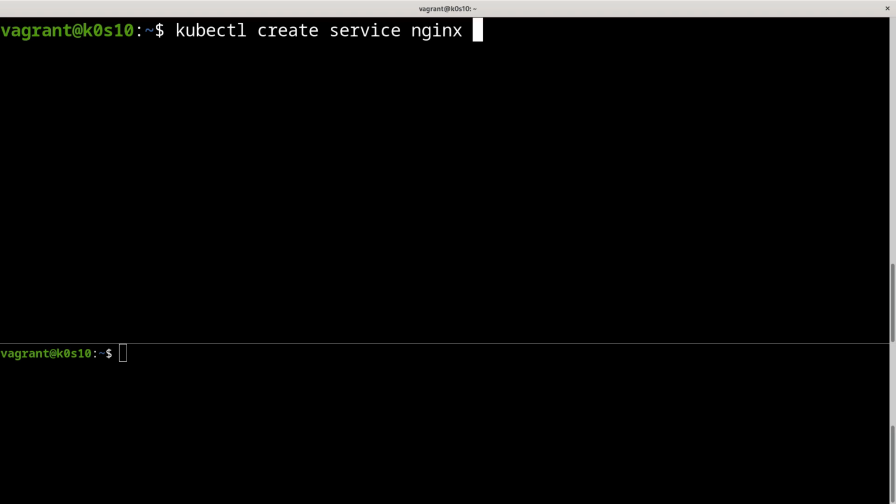We want to create a NodePort service, so we add it here. And after that, --tcp, the port of our service and the target port to push the traffic to our nginx